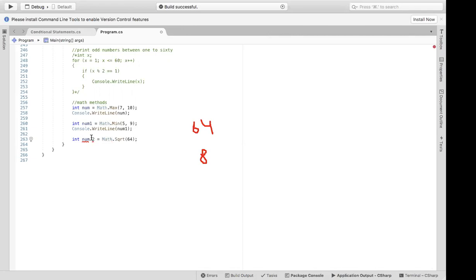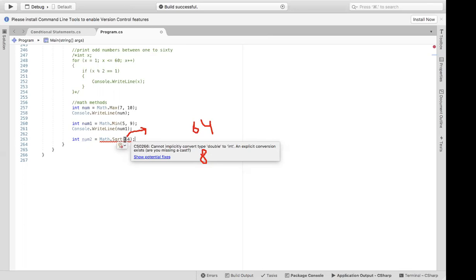No, don't give a space between. Math.sqrt. Okay, error: cannot implicitly convert type double to int, an explicit conversion exists. We are finding the square root of this number. Maybe this is 65 or 64, it could be any number.